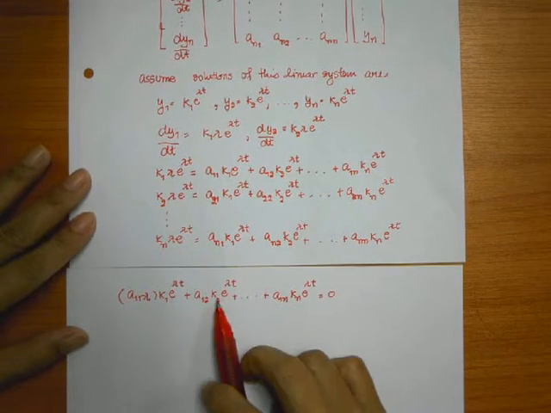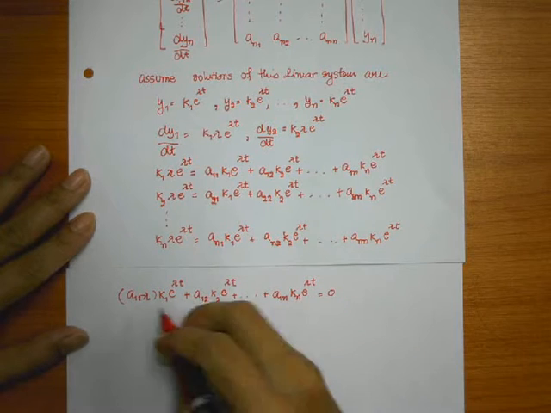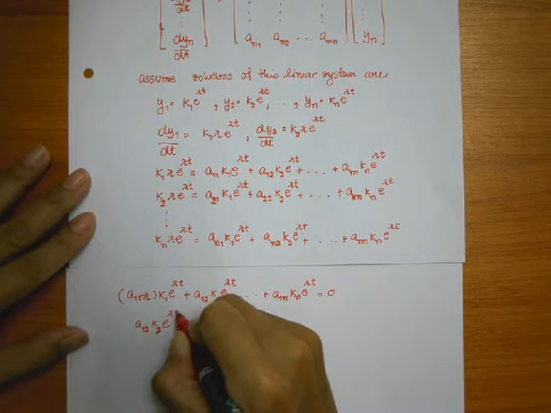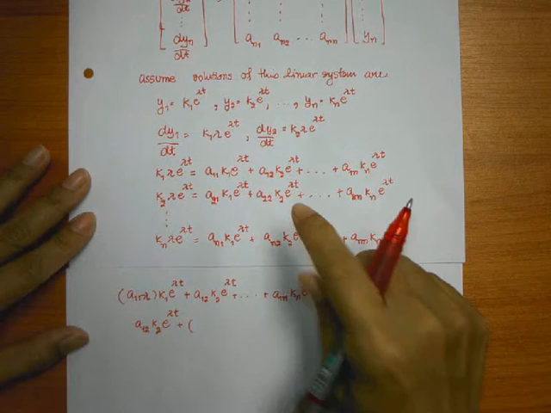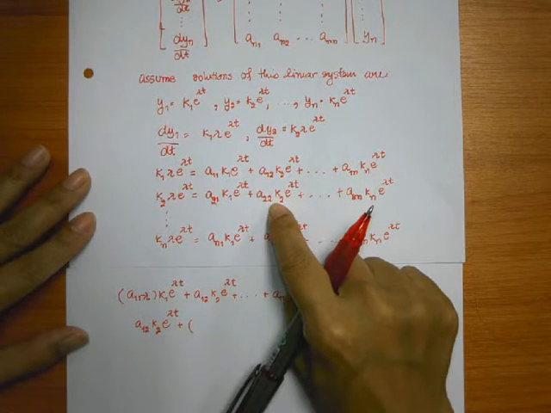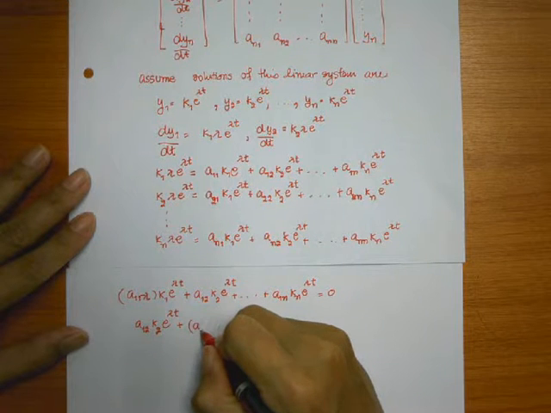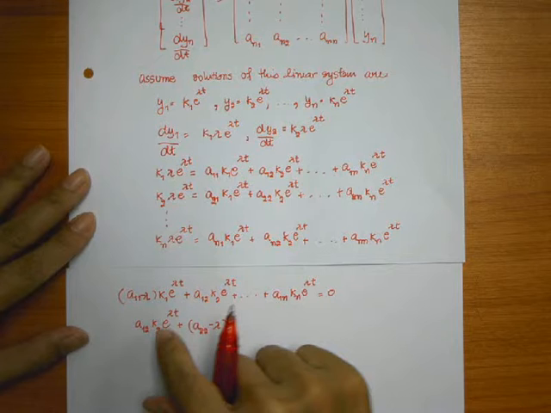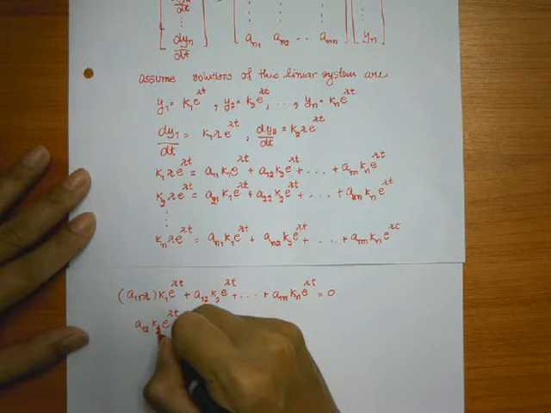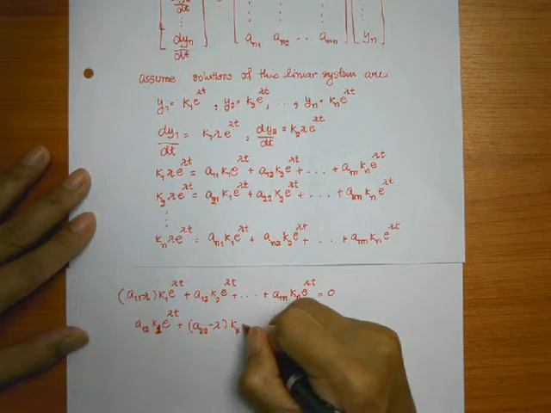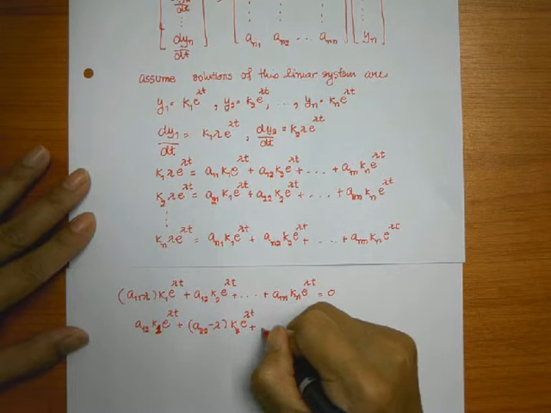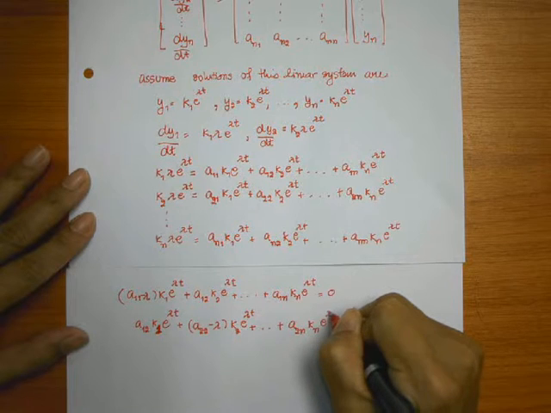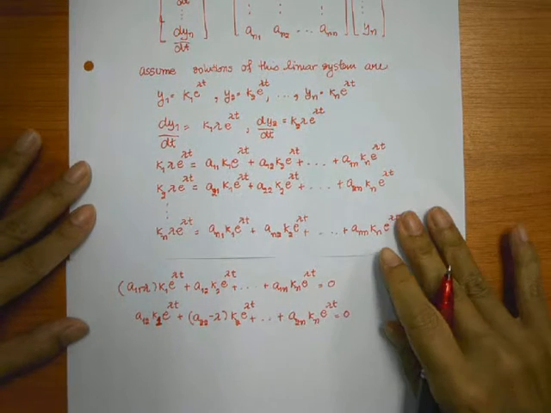And then for our second equation, you would get a22 minus lambda. This one is k1, this is k2, a2n, and our last term